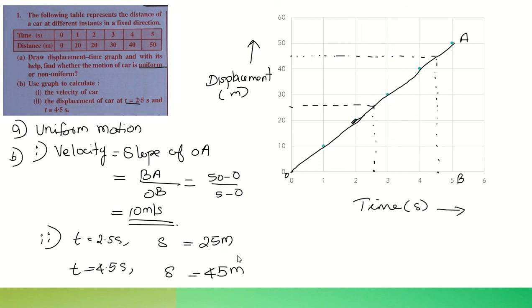So those who have confusion now about why I have not taken the area of the graph, remember, this is a displacement time graph. This is not a velocity time graph. If you have to calculate the displacement from a velocity time graph, you will be taking the area under the graph. You can just directly take the displacement corresponding to a particular time from a displacement time graph. So always check what is given on x and y axis before proceeding to the calculation. Okay, no need to find out the area in all the cases.